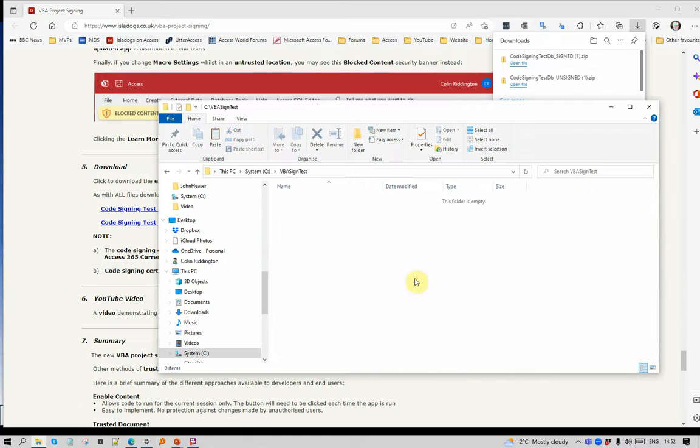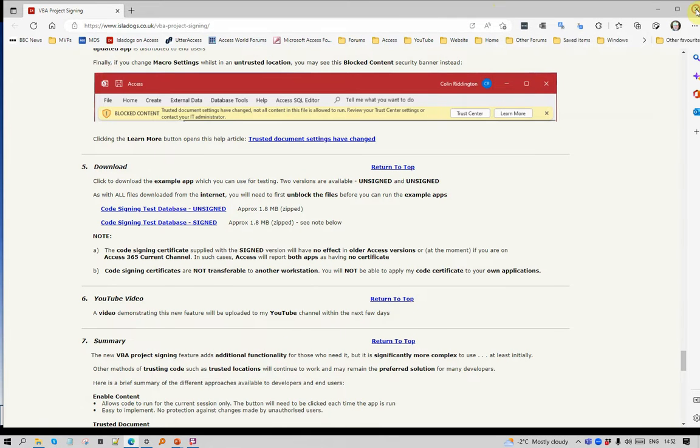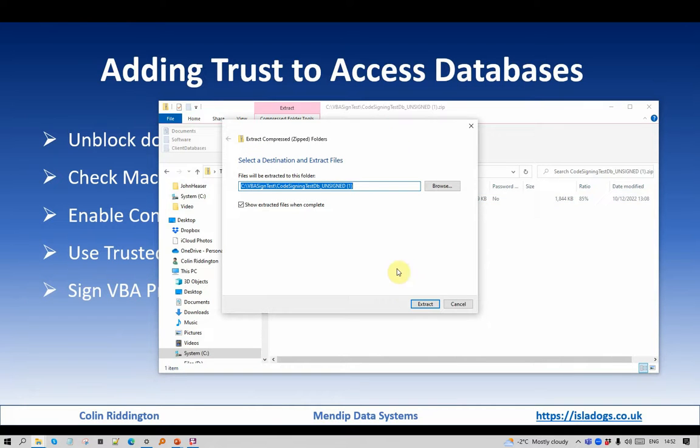VBA sign test, it should be empty, and place them in there. I'm going to work mainly with the unsigned one. At this stage, I don't need my web article anymore, so I'll close that. Extract the file from the zip,